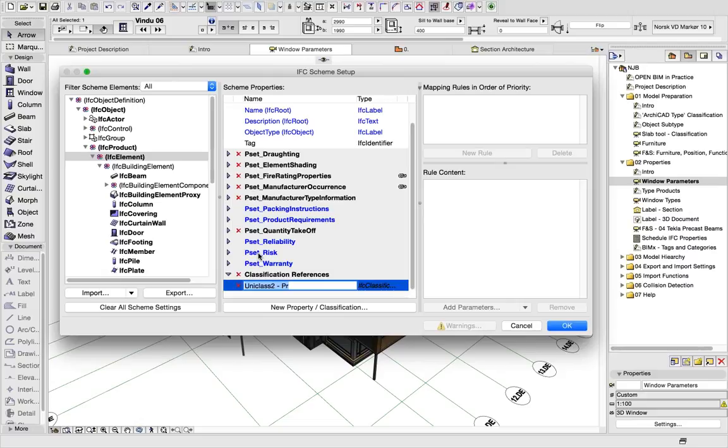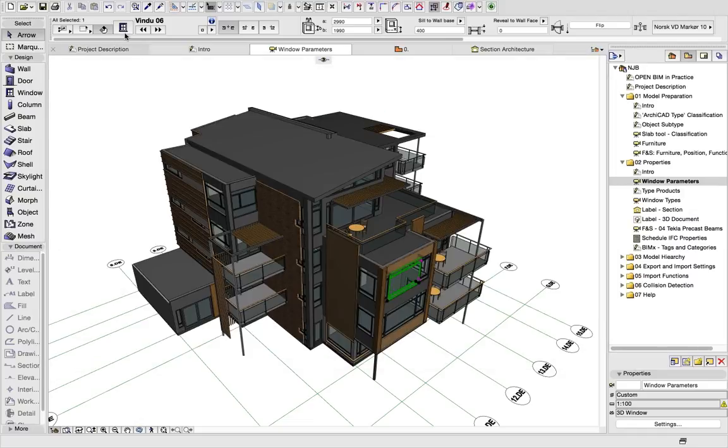So in this example, the product specification of the Uniclass 2 standard is set as a classification reference. So for example, here in the scheme setup window, the BIM manager could set Uniclass 2 as the classification reference system, and then we will show you how to get data into this classification. Where are we able to choose among the categories defined, for example, by the product table of Uniclass 2. So for that,